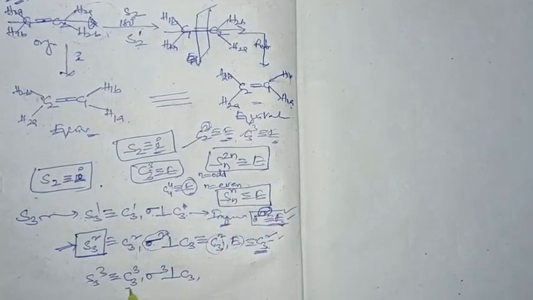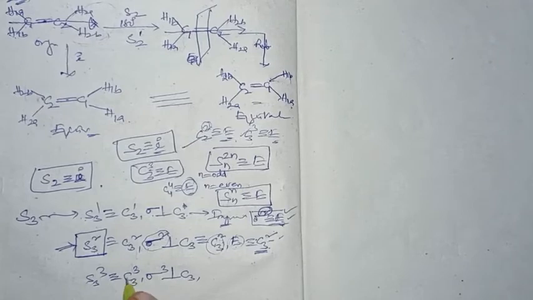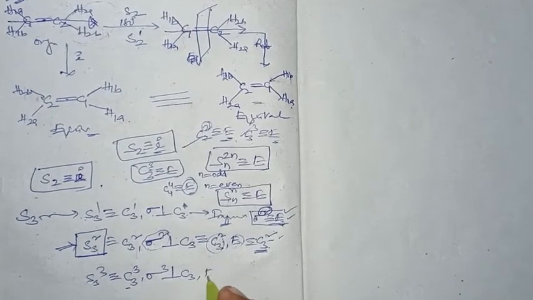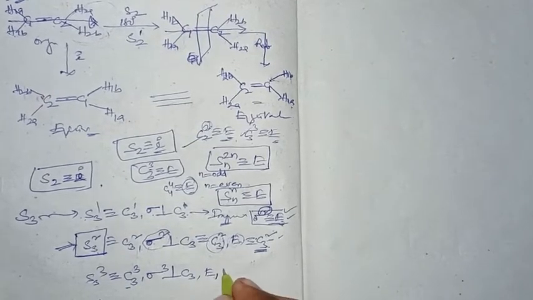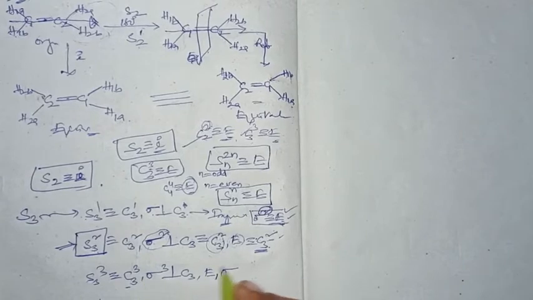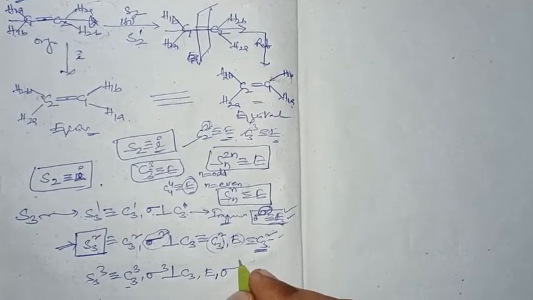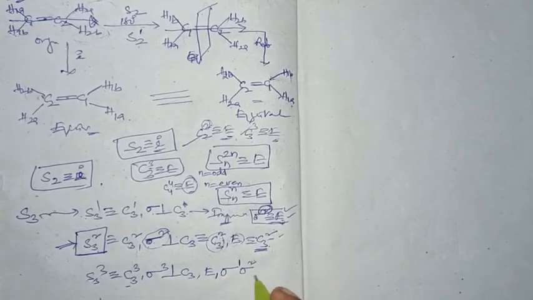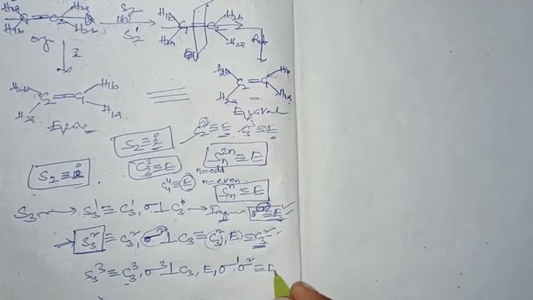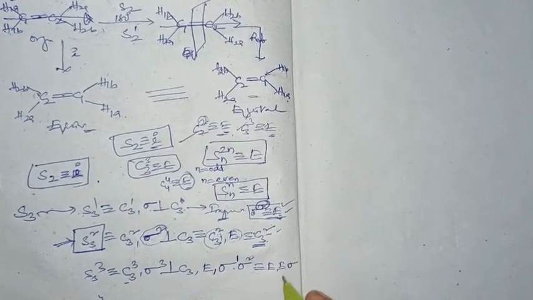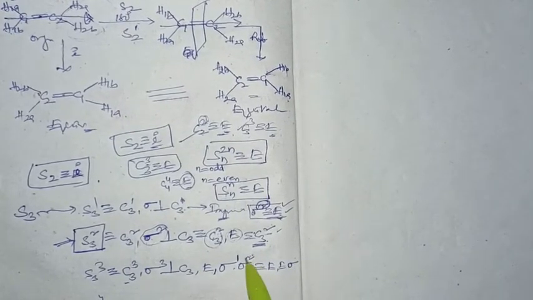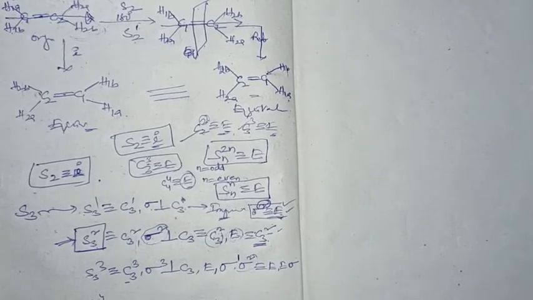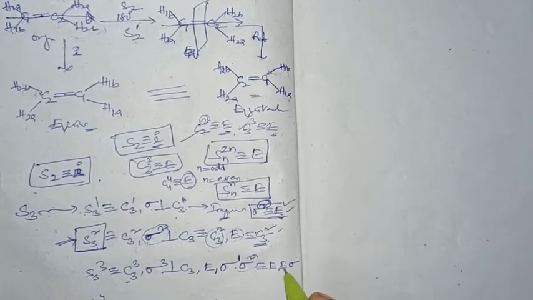So here, doing the C3 rotation axis three times is equivalent to identity, followed by doing the plane three times, which is equivalent to doing it one time only, right? Doing it one time or two times, in multiples of two times, we can write. So that is equivalent to E, comma, sigma, right? Doing a plane two times is also equivalent to E only, right?